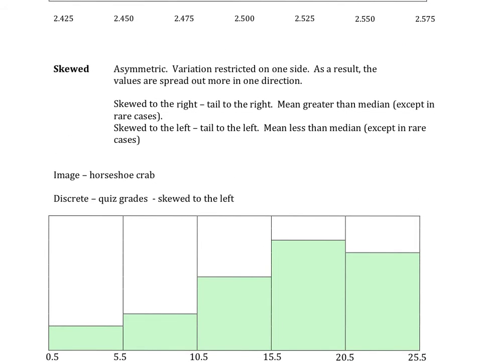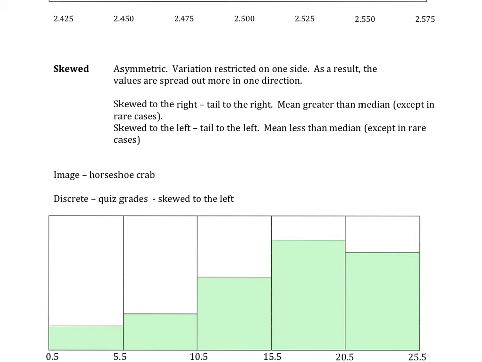Okay, well, if we don't have symmetry in the distribution, we might have skew. Most of the data may be collected to the right, or most of the data may be collected to the left. Therefore, it's asymmetric. The variation is restricted on one side. So we'll talk about that in a minute. If you have restriction in one side to the low end or the high end, then your data will tend to collect there,